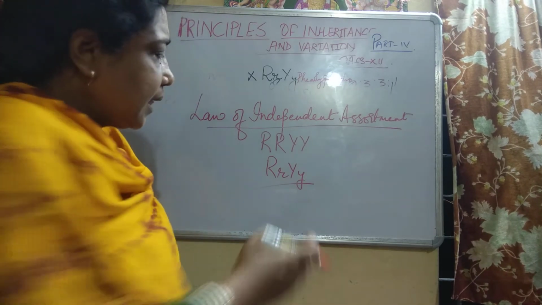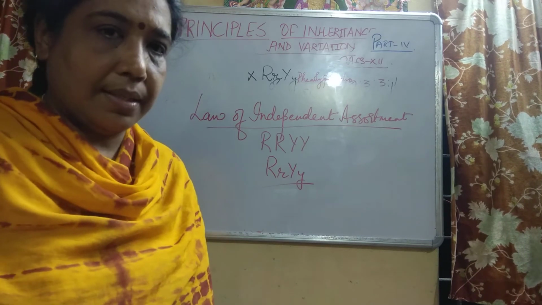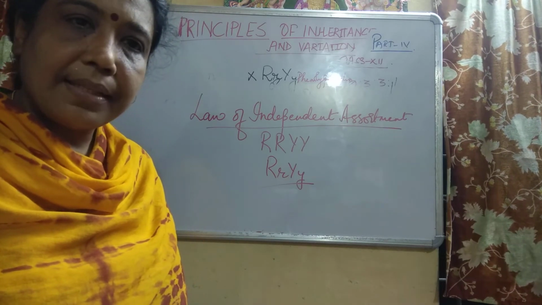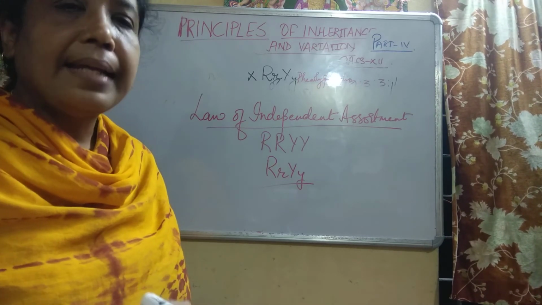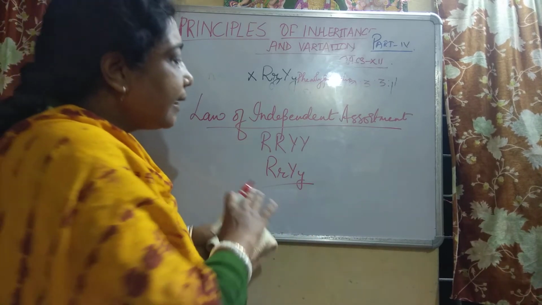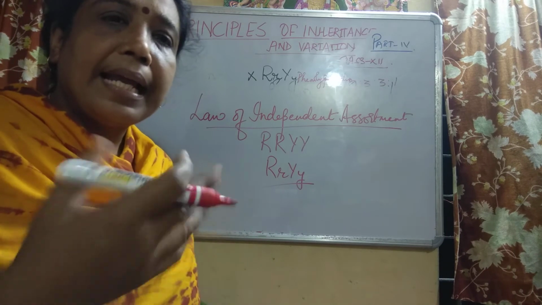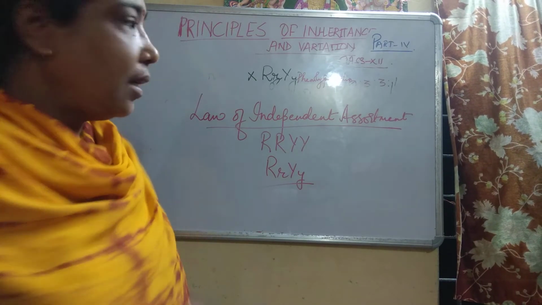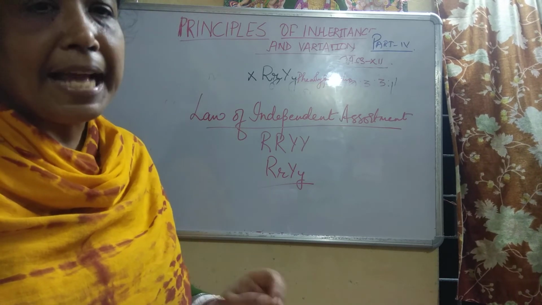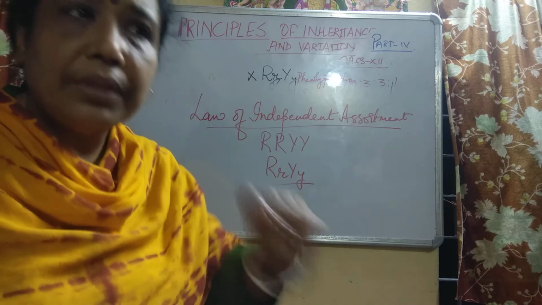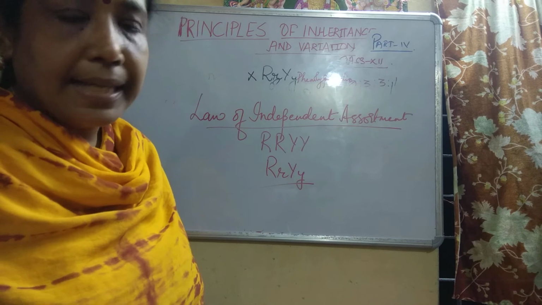That means what? These two traits, the allelic forms, are not attached with each other. Whenever the need arises, those two traits with two different allelic forms can segregate, or they can form their own combinations. They need not take the help of or depend upon the other. So learn this law, the law of independent assortment. You saw in gamete formation how the allelic forms assorted and moved. So that is all about independent assortment.